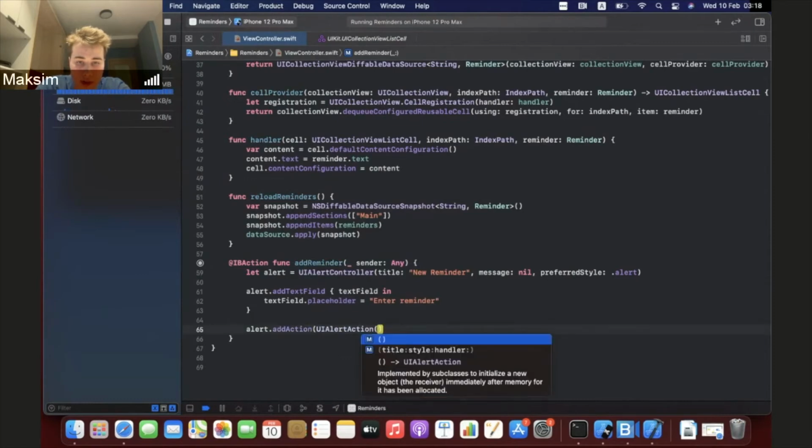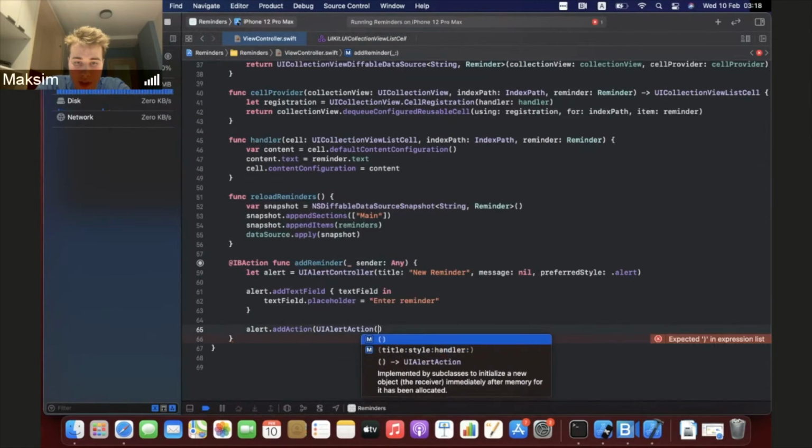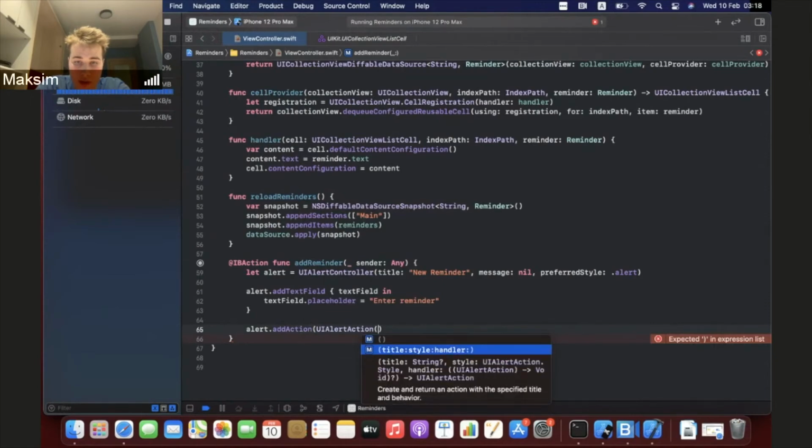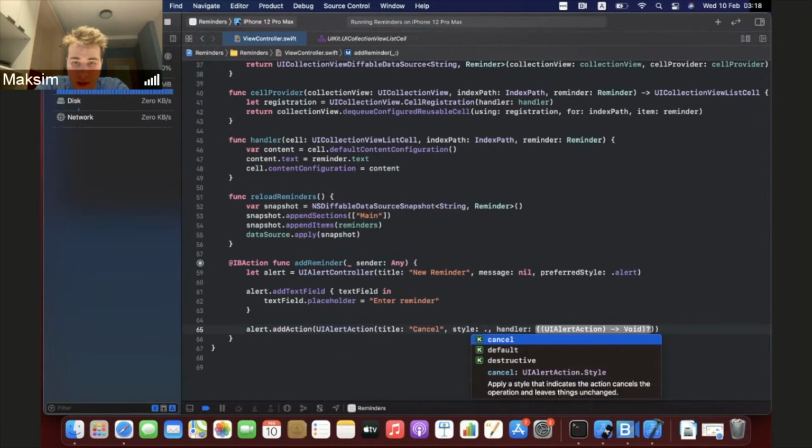Every time you see the list pop up, you can select what you want and just press enter, and it's going to auto complete it for you, which is one of the nicest things about Xcode. Anyway, so title cancel, style destructive,